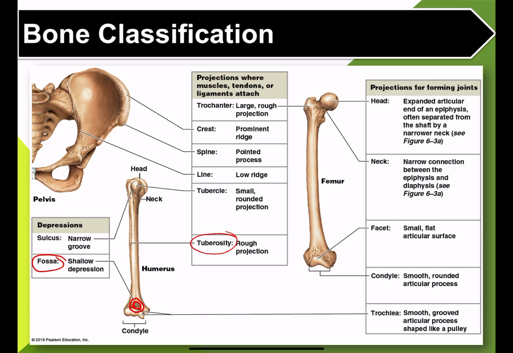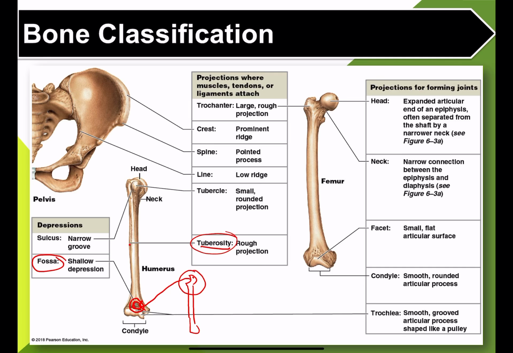In this case, that's where your elbow joint is formed, where your ulna bone goes and fits into the humerus bone. There's an olecranon process of the ulna bone that is shaped like this, and it fits directly into that particular depression of the bone to form your elbow joint so you can bend your arm, okay? And then tuberosity is a projection for attachment of muscles or other things. So those are two examples of depression versus projection. Make sure you go through this, and it will be helpful for you in terms of identification of bones